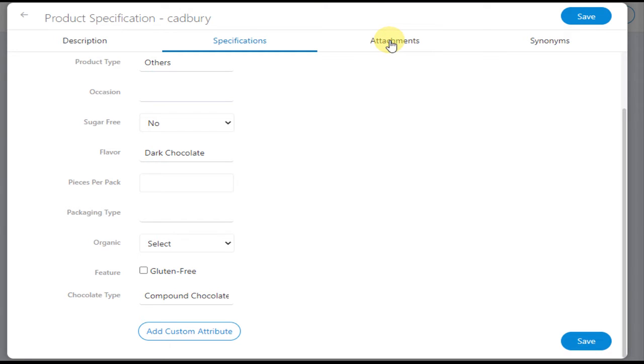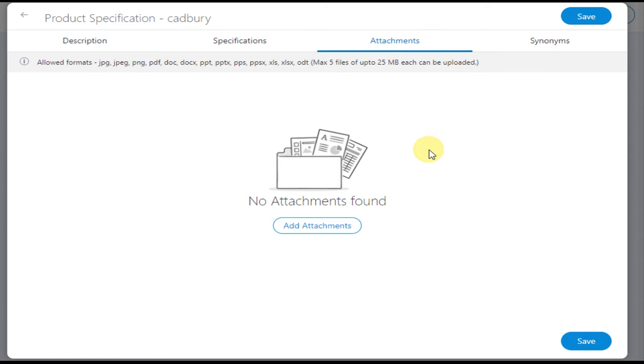Similarly, if you want to add certain brochure or advertisements regarding that product, you can click on add attachment and add your brochure into the system.